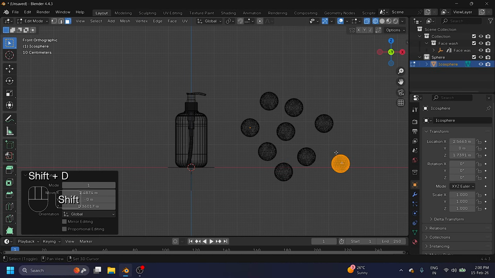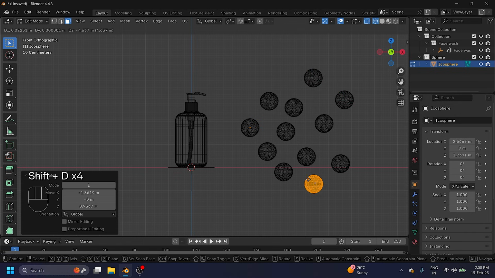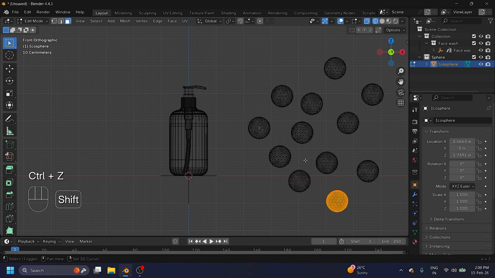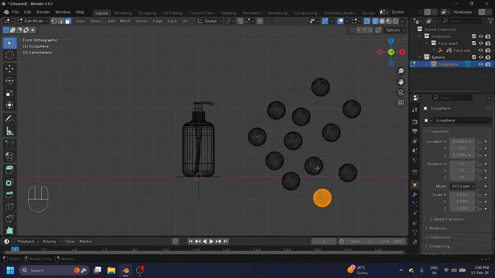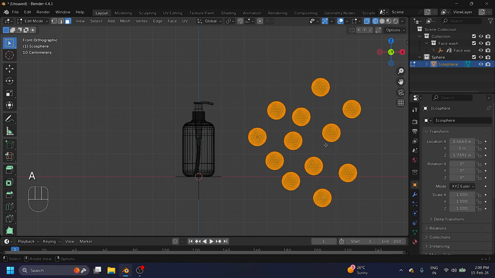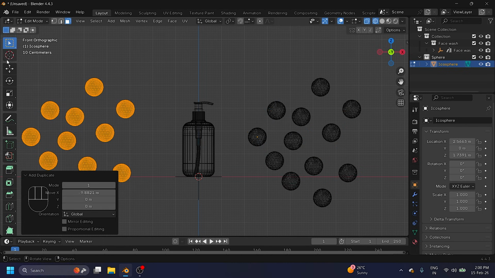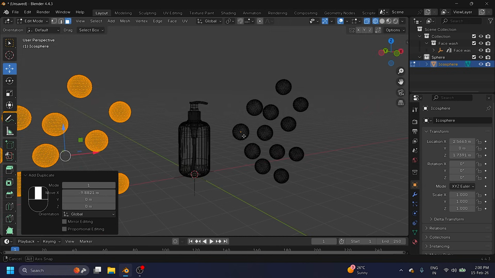You can apply more. You can also change the sphere size like this. It depends on your work. But this is good. Also select all spheres and press Shift D, and apply on the left side. See.